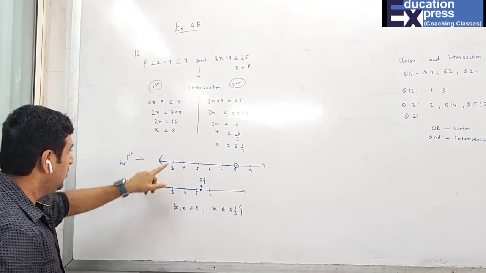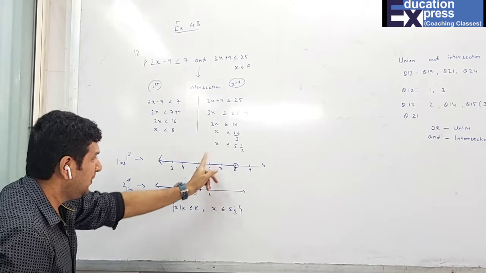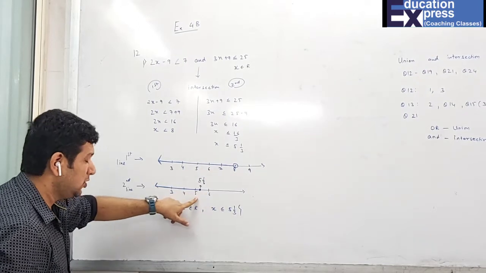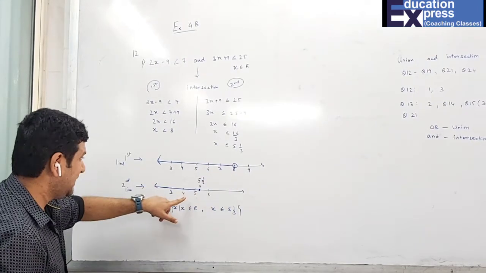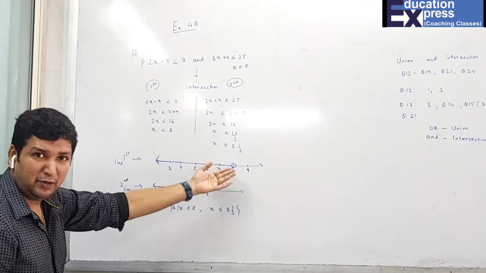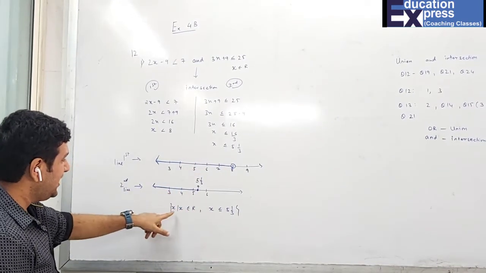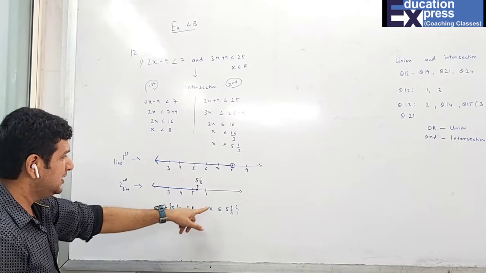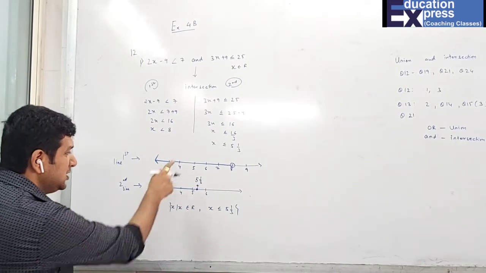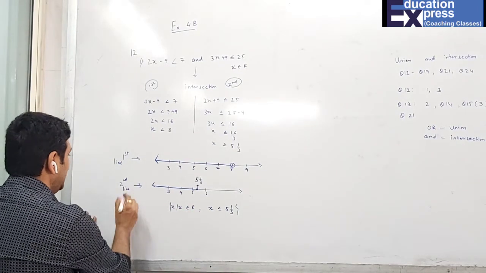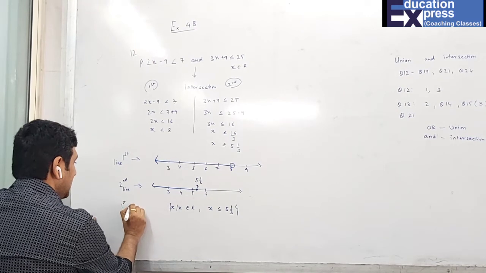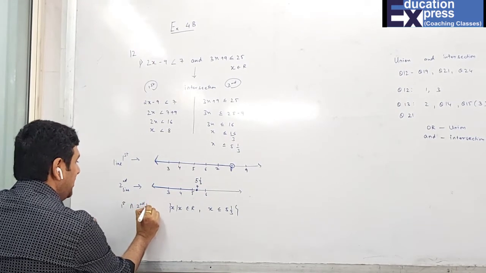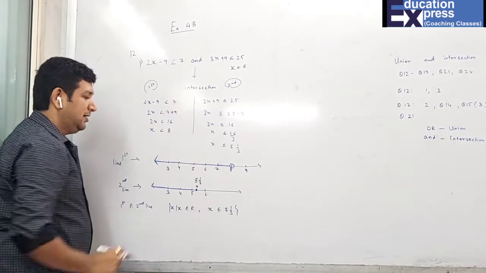Now you can see over here, this is the maximum right as compared to the second line. So I don't have to take the maximum, I have to take the minimum. So the answer over here will be x such that x belongs to real numbers and x is less than or equal to 5 1 upon 3. This is the intersection of the first line and the second line. Why did I find the intersection? Because they use the word and. Done.